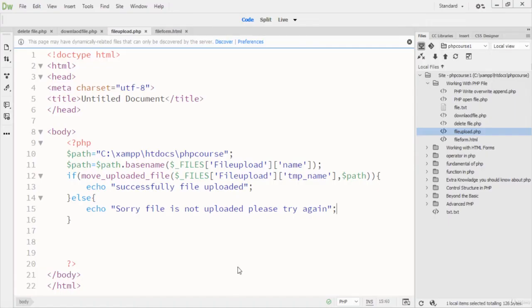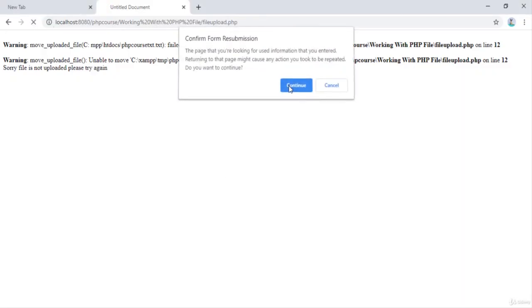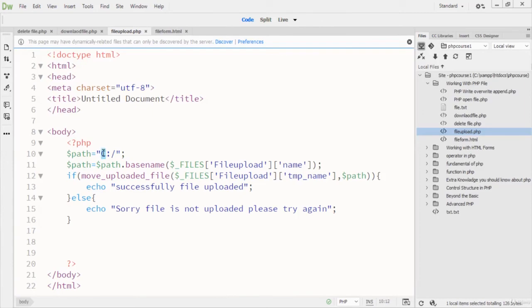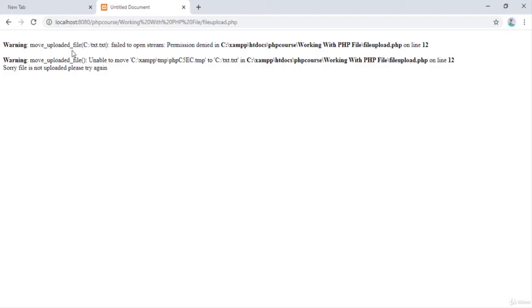So you can see that here I just need to add the C folder only. Okay, here you can see that. So that was the C directory only, and yes, okay, it's fine now. Now when I run this again and continue, you can see it failed to open the stream: permission denied in the C file. So we have an error in the C file, so let's try the D file. Run it again. It failed to open the stream resource in the drive of C,